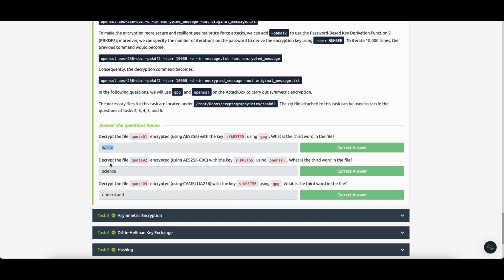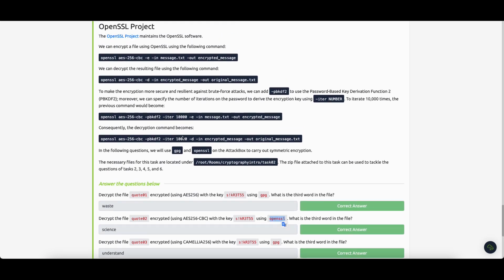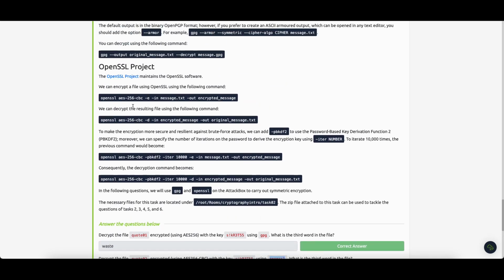Let's go with the second one. Decrypt the file code 2 in the same style, but this time we have to use OpenSSL. What is the third word in the file? To decrypt the file with OpenSSL, which command should we use? We can encrypt. Okay, where is decryption? Okay, consequently the decryption command becomes like that. Let's copy it,